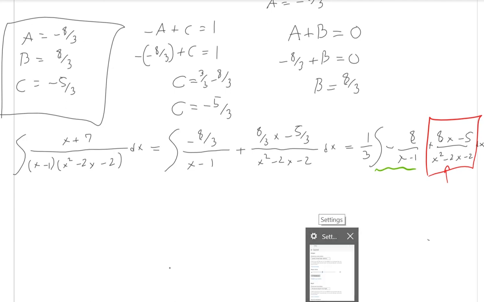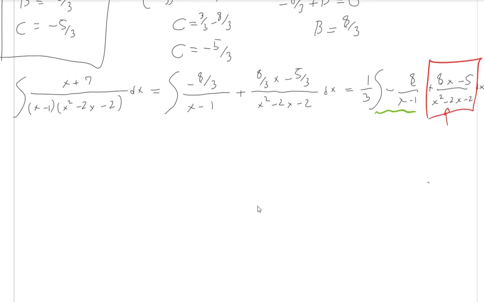So to do that, what I'm going to do is say, all right, (8x minus 5) over (x squared minus 2x minus 2). I'll solve the initial 1/3, or negative 8/3 really, natural log of x minus 1. And then for the rest of this, which is also a 1/3,